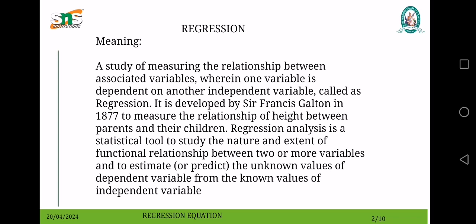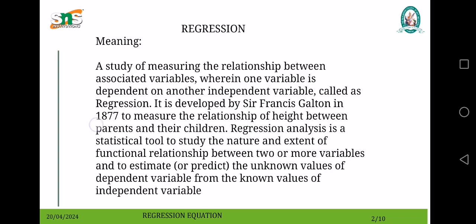Regression is the study of measuring the relationship between associated variables, wherein one variable depends on another, independent variable. It was developed by Sir Francis Galton in 1877 to measure the relationship of height between parents and their children. Regression analysis is a statistical tool to study the nature and extent of the functional relationship between two or more variables, and to estimate or predict the unknown values of the dependent variable from the known values